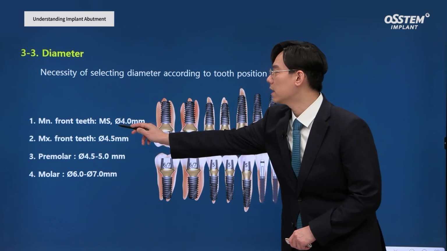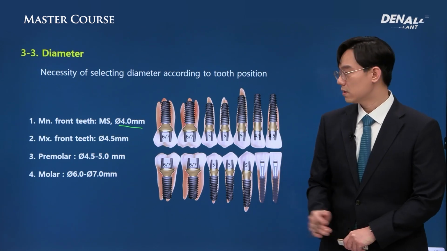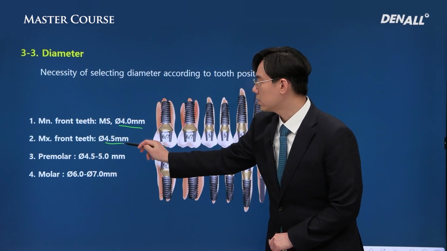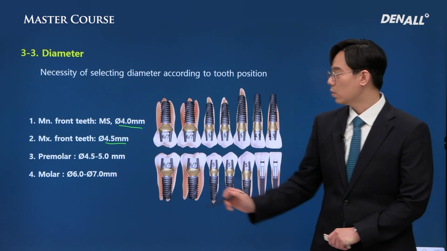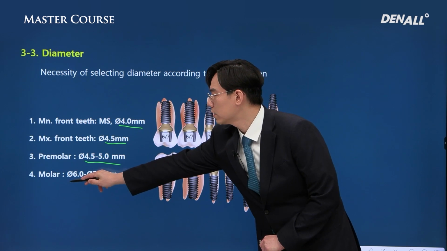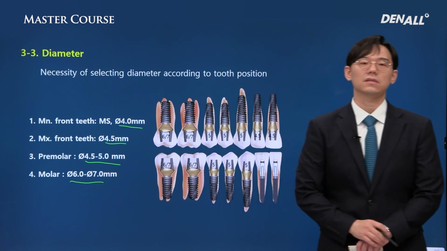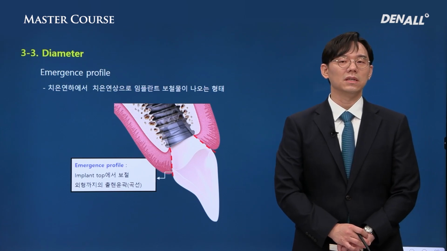either use MS implant or 4.0 diameter implant. In the case of upper anterior, the recommendation is to use 4.5 diameter. In the premolar area, you can use 4.5 or 5.0. And in the posterior area, you can use up to 6 or 7 millimeters. Abutment diameter